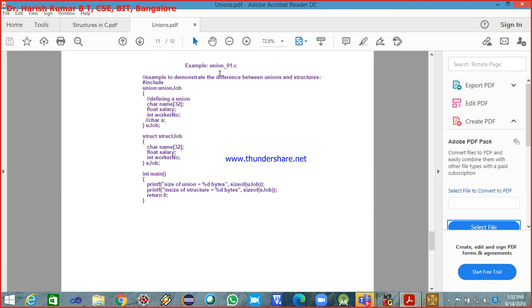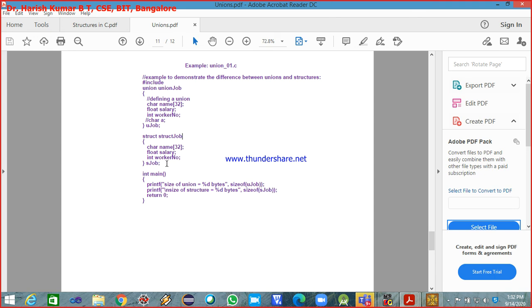So union01.c. This example will demonstrate the basic difference between the union and structure. I have the union created here with the name union job. If you look into this, I have one character array, a float member, and an integer member, and I have one character also which I have commented.